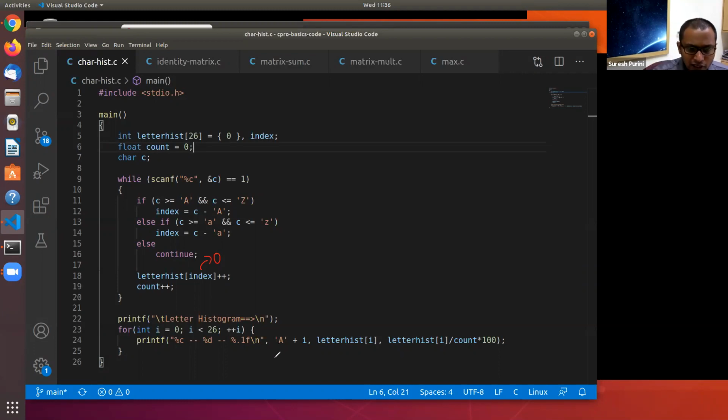And here, we want to print the frequency with which that character appeared in the text, so we are normalizing it by dividing by count, to compute the percentage frequency with which the character has occurred in the text.